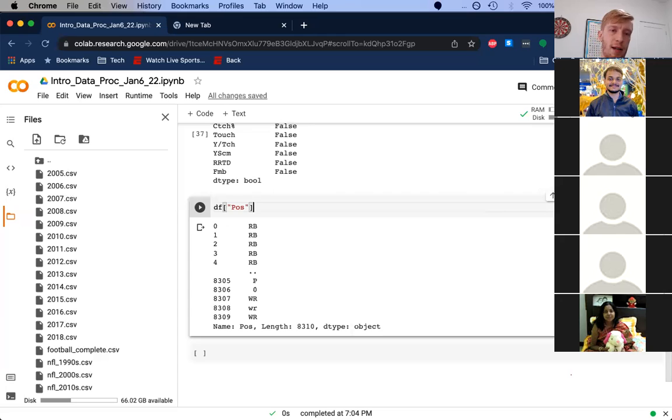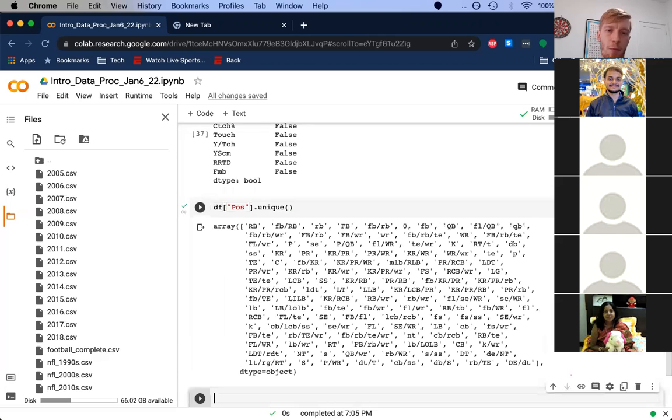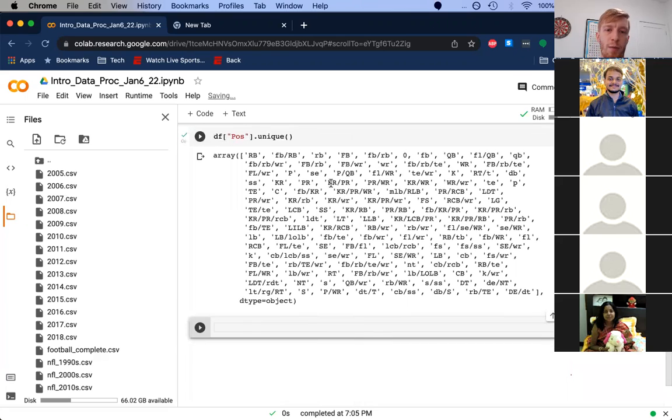So I'm going to look at this column, but obviously there's way too much going on here. This is 8,310 values. So instead, I can use the unique method, and I will simply look at an array of all of the possible values we have for position. And if we look carefully,